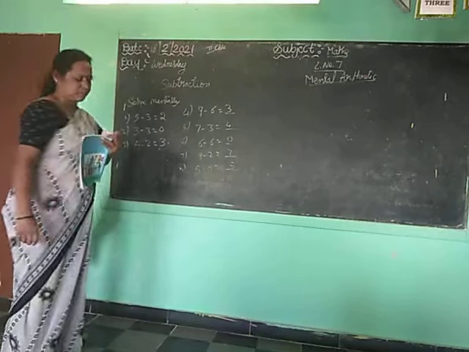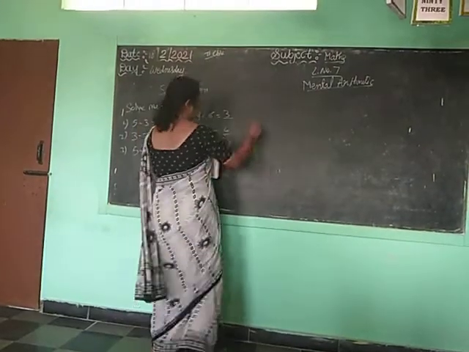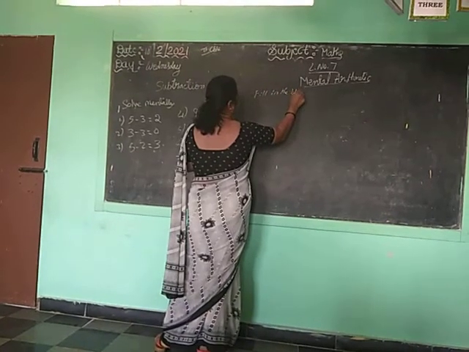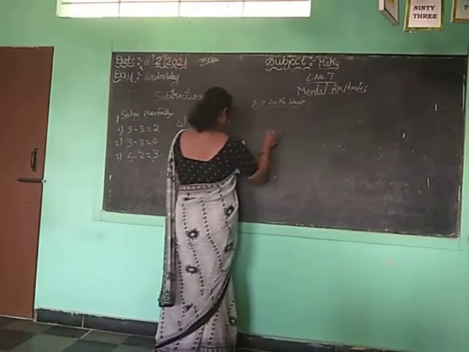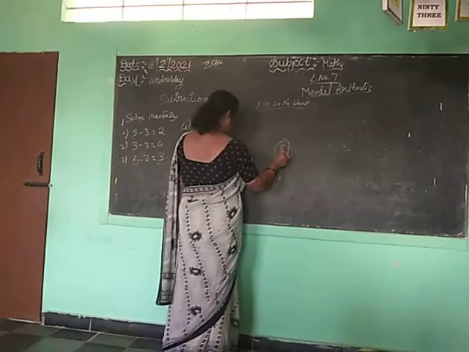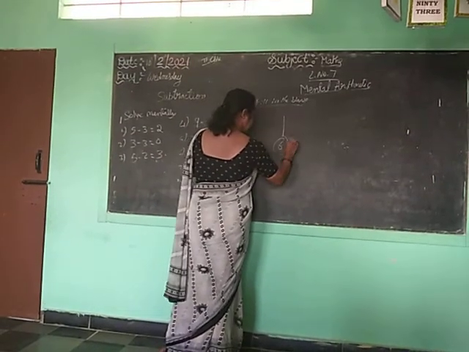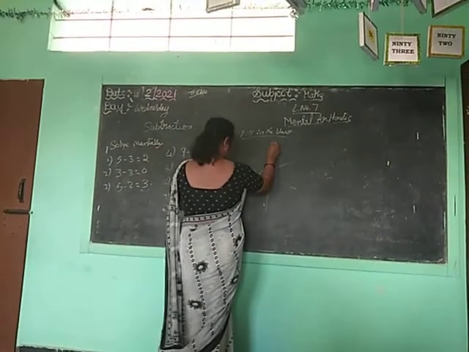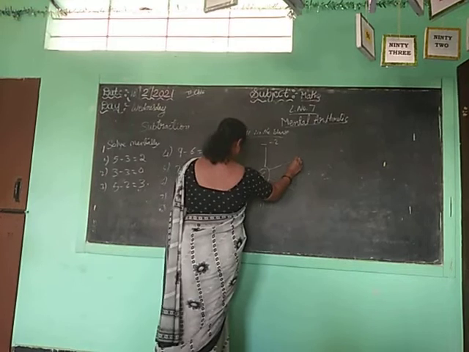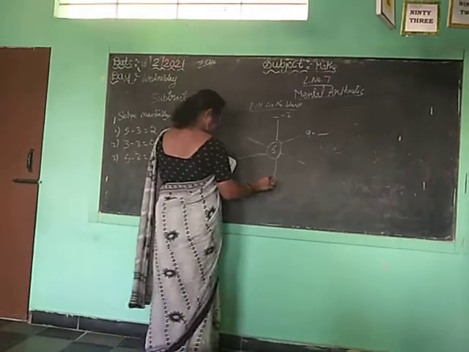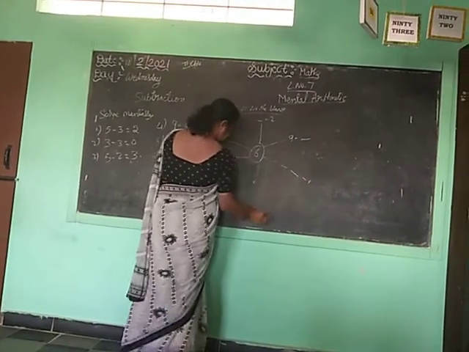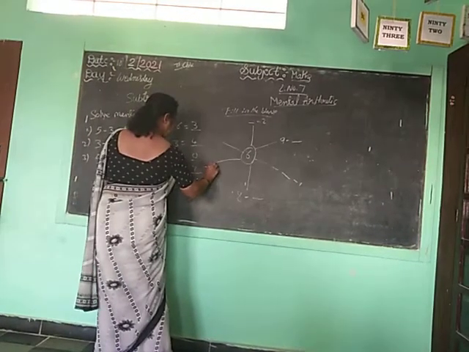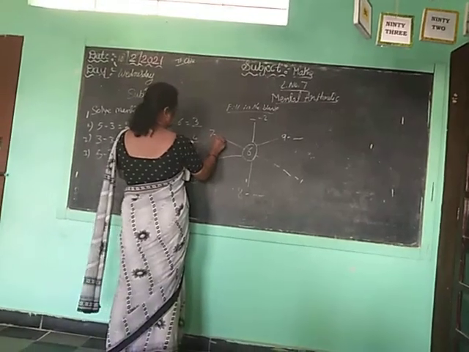Okay. Now they are given one number, fill in the blanks. Second one is fill in the blanks. 6 they are given. In the middle one number is given. Okay. Dash minus 2. 9 minus dash. Dash minus 1. 8 minus dash. Dash minus 3. 7 minus dash.